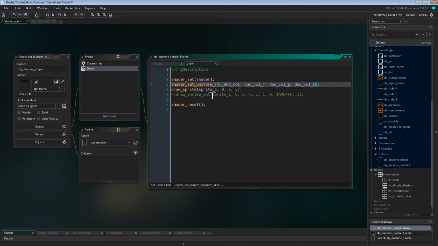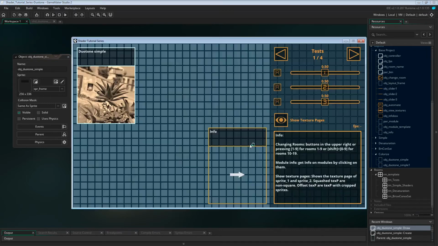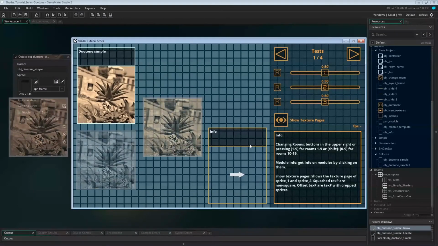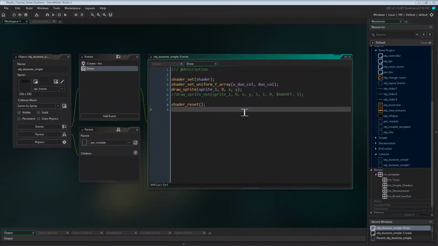And in draw event, we change the setter to shader_set_uniform_f_array and pass in the array we created. Now we won't need to change the fragment shader anymore, so let's just run this again. And it's still unchanged. It works. Now the next and last tweak is just for demonstration purposes. In the description you'll find a download link to this script